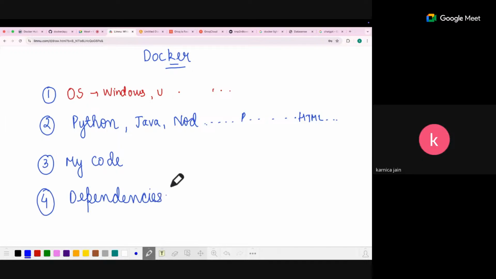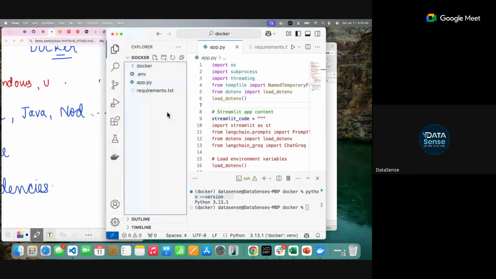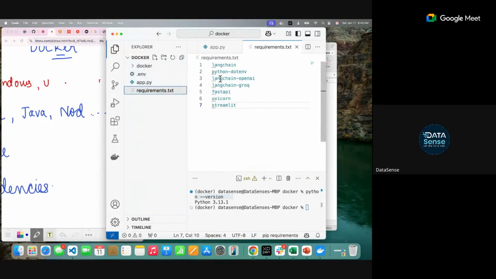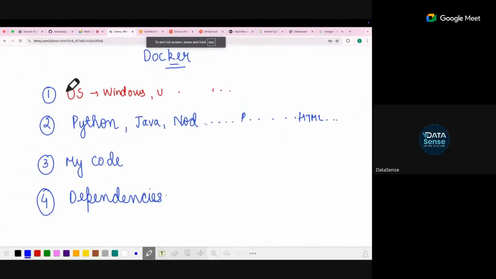The libraries and packages, the versions. For example, this is a LangChain application, right? So we use FastAPI and everything. If I don't have this, I cannot run my application. Correct? So I need all this to run a particular application.